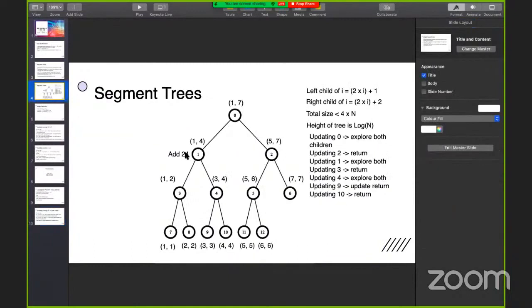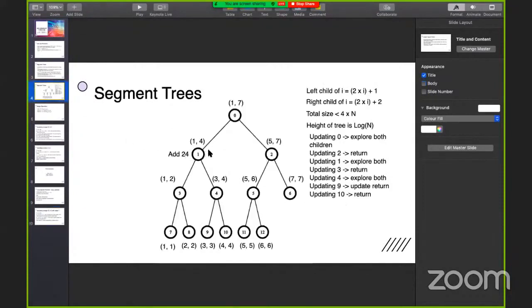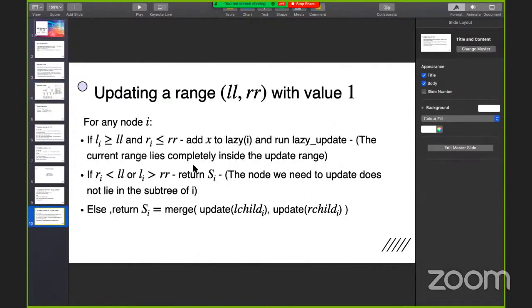Okay. So let's say we're in node 1. It performs this flip at node 1, and then it pushes the update down to 3 and 4. It says that you guys do it whenever you want. So we push down the update and then we can return the value. We can just return from here. All of this stuff will happen later whenever we want. We don't need to do it right now.